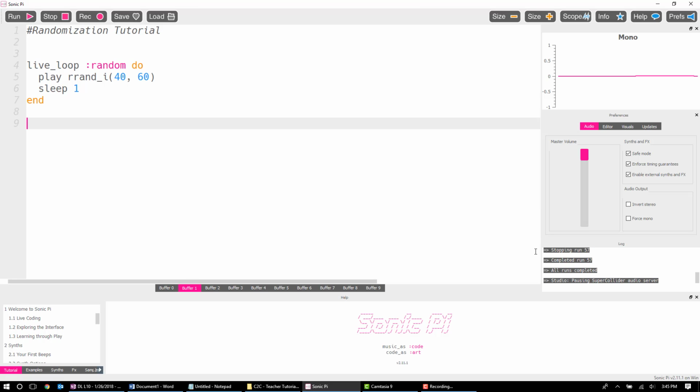So what gives? It's not actually random? Well, no. Sonic Pi uses something called seeds. Now, there is a default seed that we haven't set right now. So this randomization and every other randomization command that follows it is going to always sound the same when you start your program